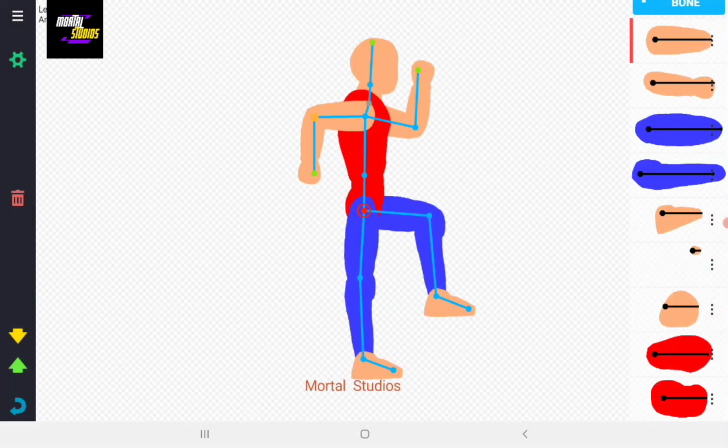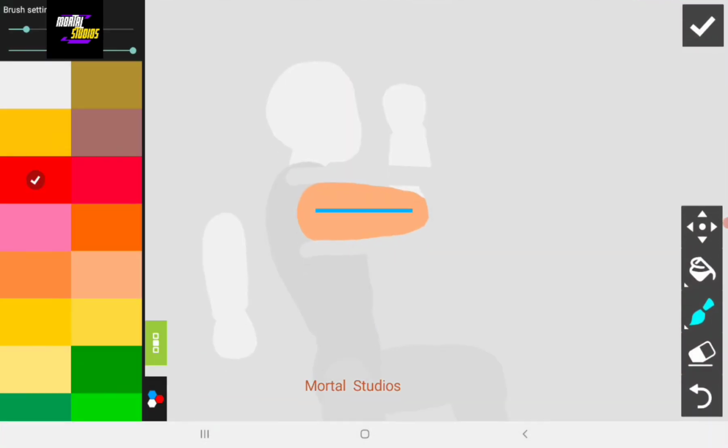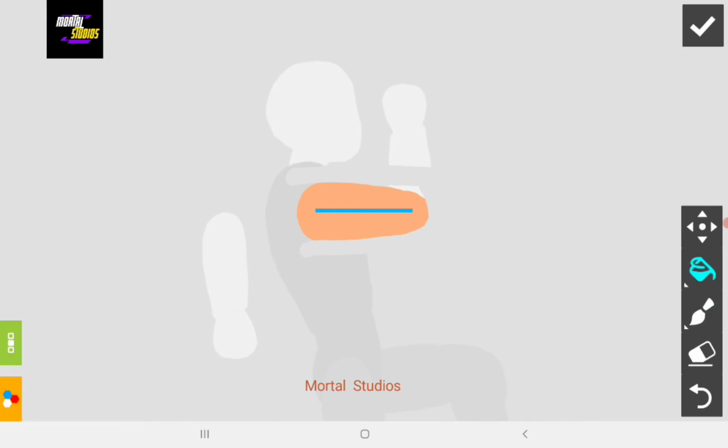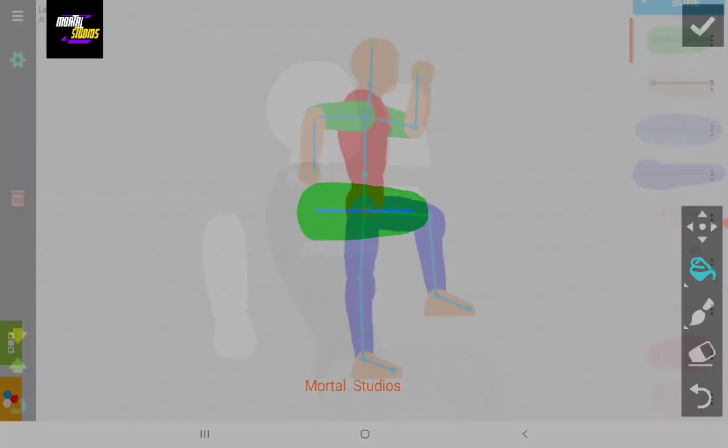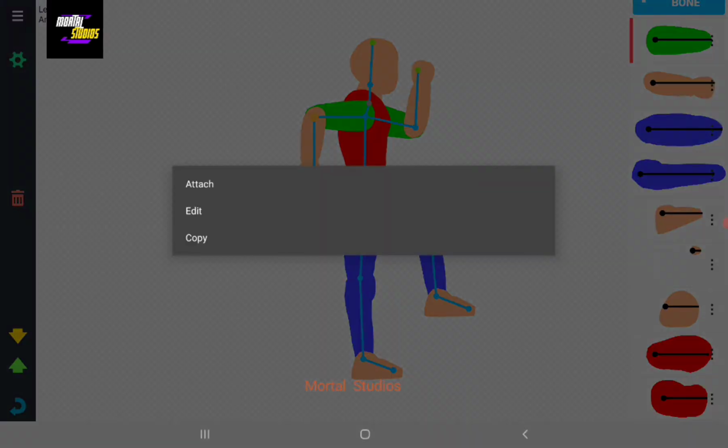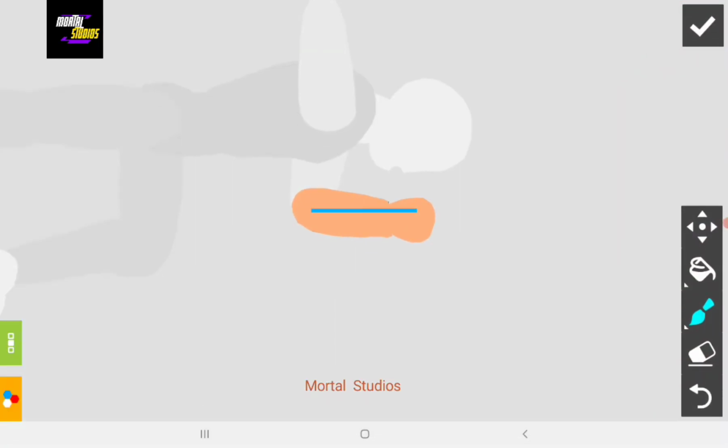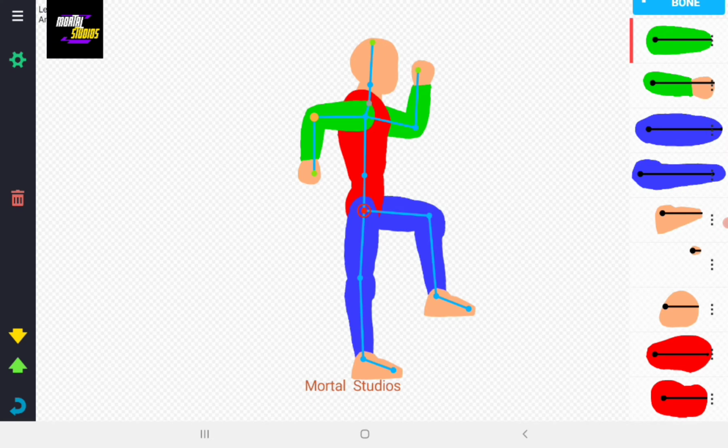And the hands I'm going to give a special color. I'll give it green, paint. And then this is my other hand here. Here also I'm going to give it paint. One hand is left behind here, we'll shade it afterwards. So we are done with the body, the shirt, the pants and the arms. Now we'll go to the shading part.